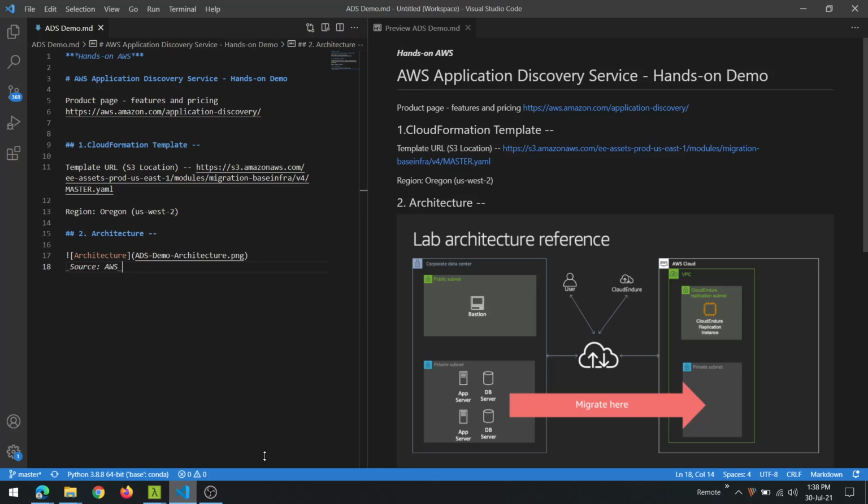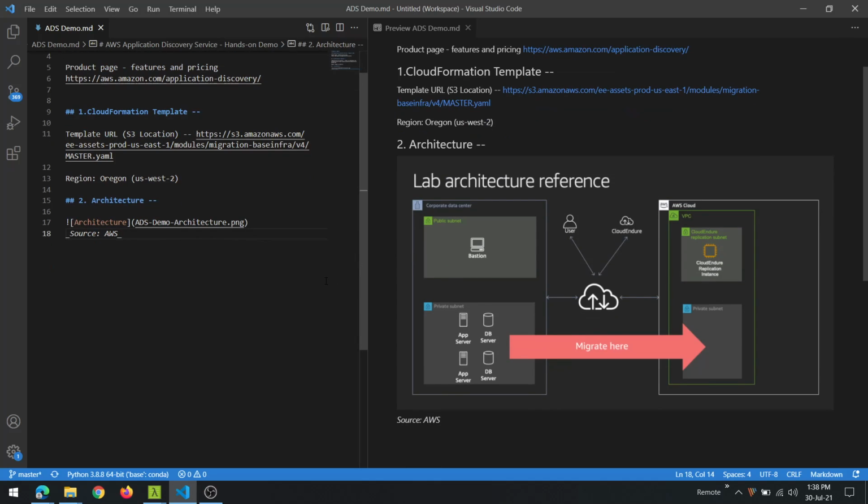reference architecture, what we're trying to do here is to simulate an on-prem data center, which we don't have access to for this demo. But on the left side of the diagram, you can see the corporate data center. For the purposes of this demo, let us assume there are two application servers and two database servers running inside your corporate data center. Now, these are simulated using four different EC2 instances running in the cloud in the Oregon region. But for learning purposes, that's what we will do.